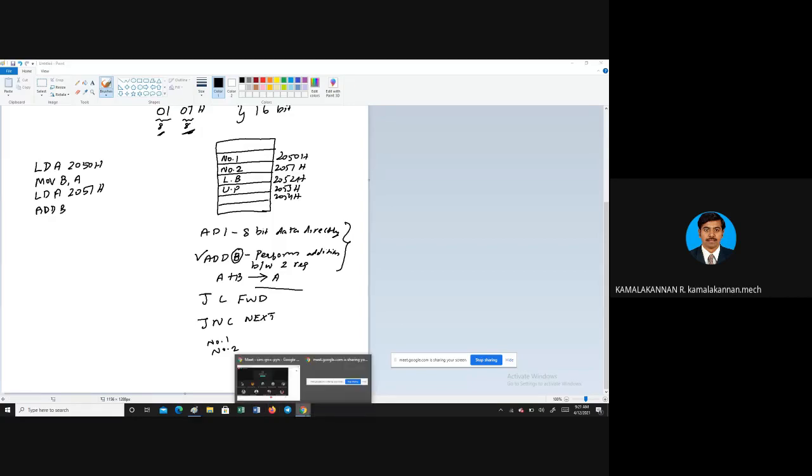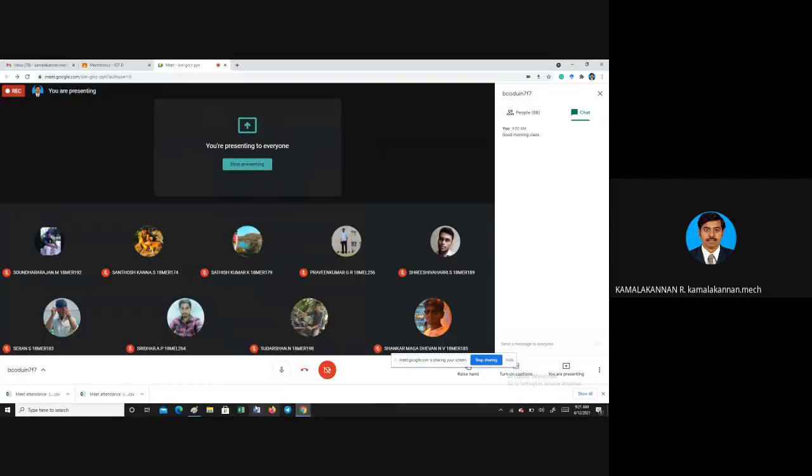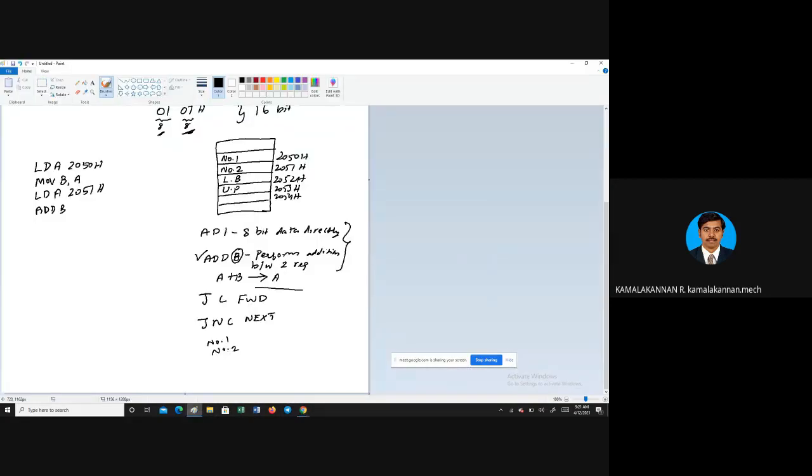What happens when? Okay. Number 1, number 2, two numbers are there. See, if I am adding and I am getting no carry, it should not do anything. It should not do anything. In the second option, number 1 and number 2, if I have a carry while adding, what happens is that